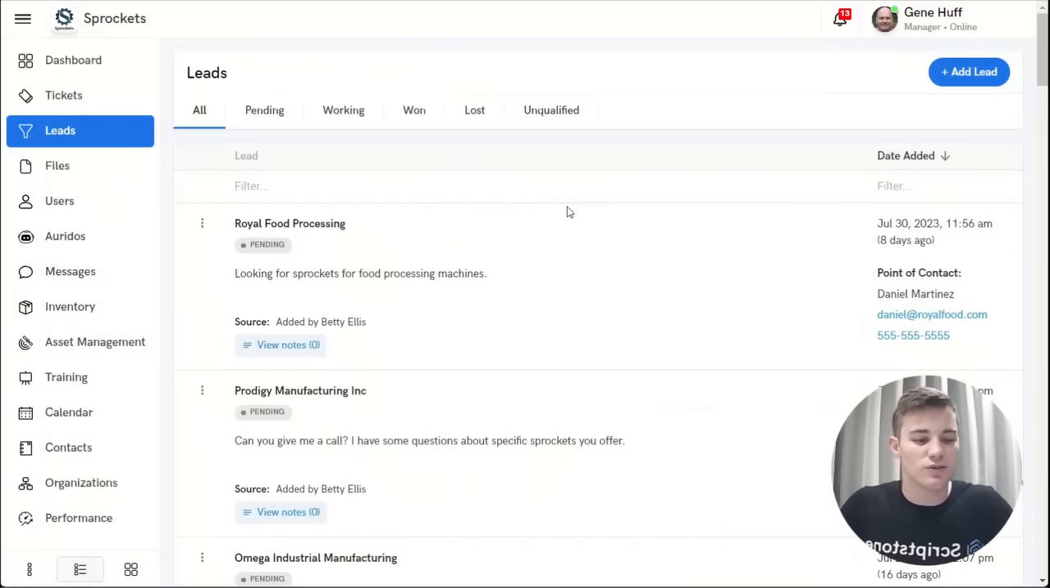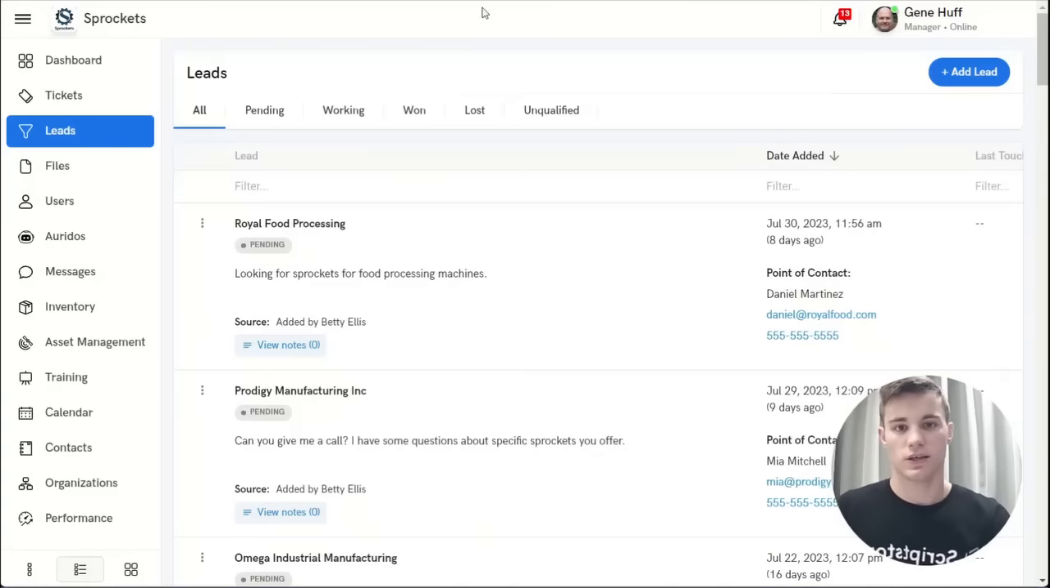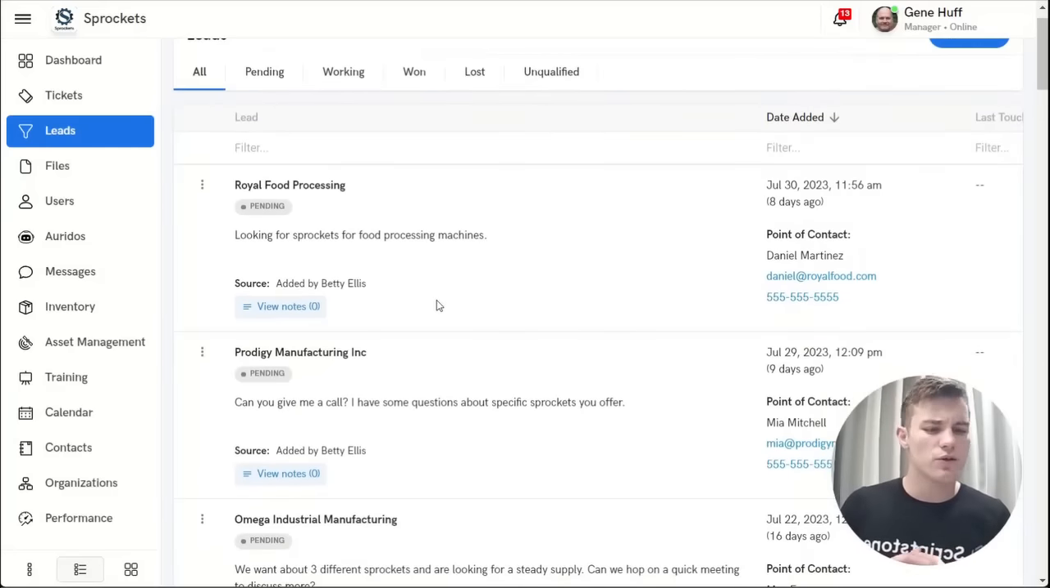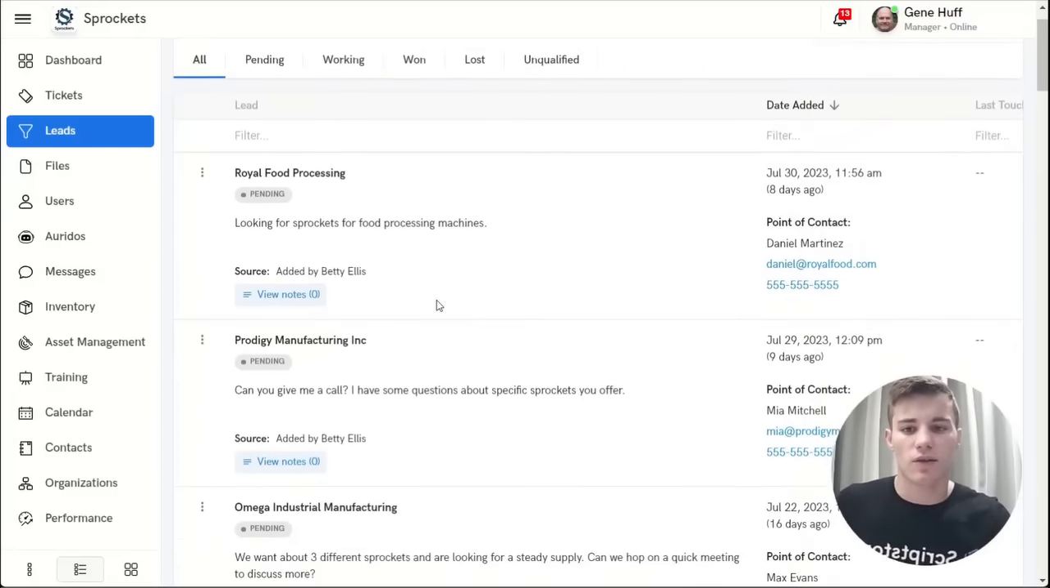This is our lead module. This is another favorite of mine because what happens here is we auto pull in all the leads so that you don't have to manually input them. How that works is we'll take whatever system you're already using and auto pull in all the leads, and they'll generate here. Whether it's an email you're using or some type of form, they'll all pull up